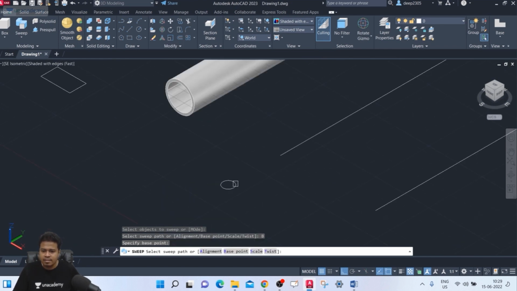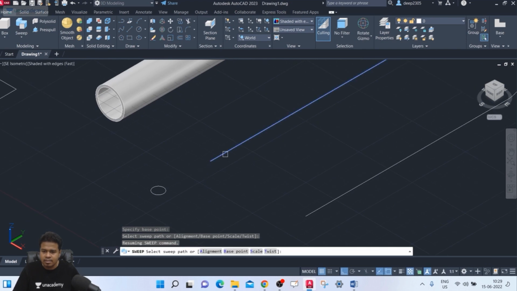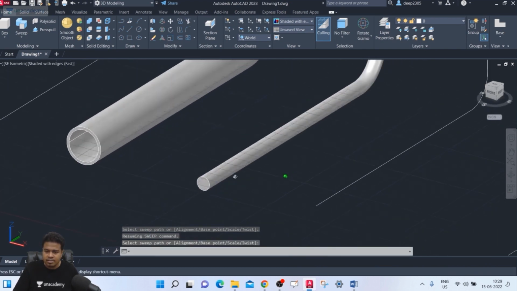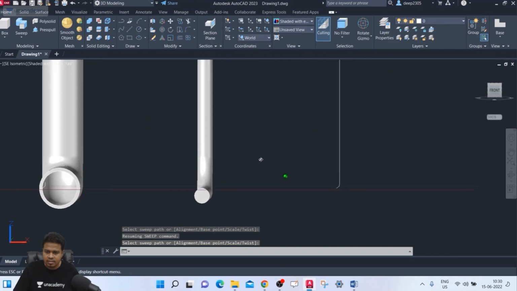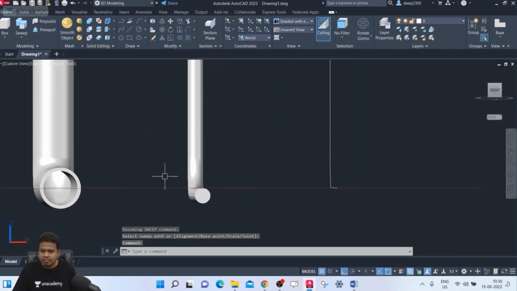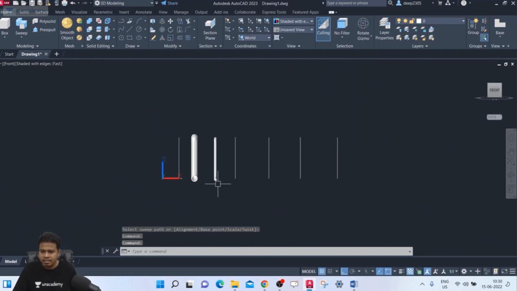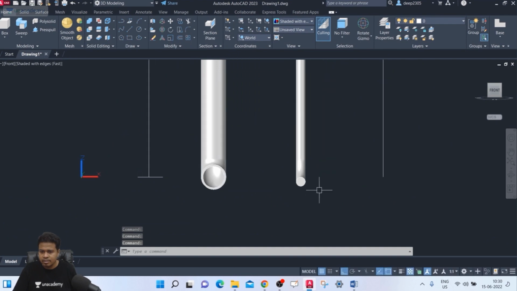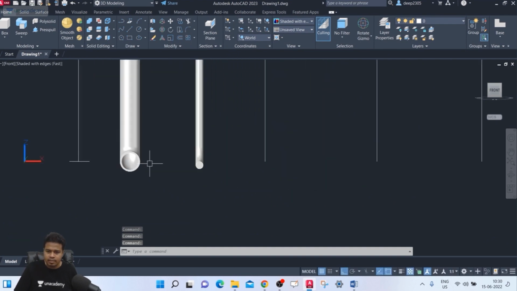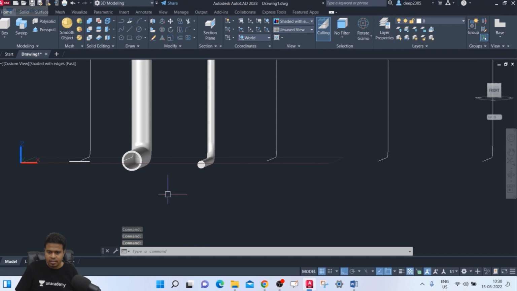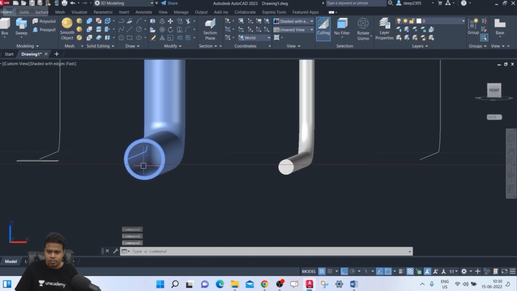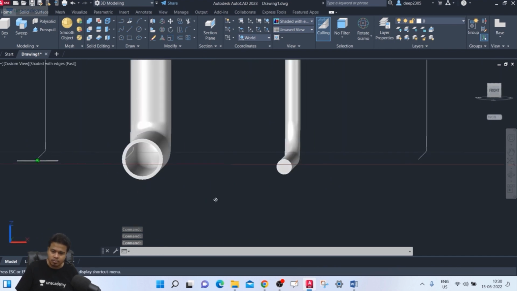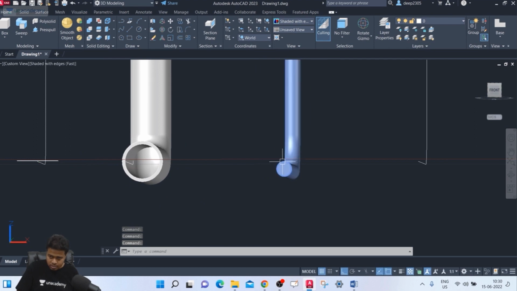Yes. Now sweep path. This is the sweep path. Now you can see that. See the difference between the two. Press front. Now see the difference between the two. Here you can see that half of the portion is above and half of the portion is below. But here all of the portion is below the